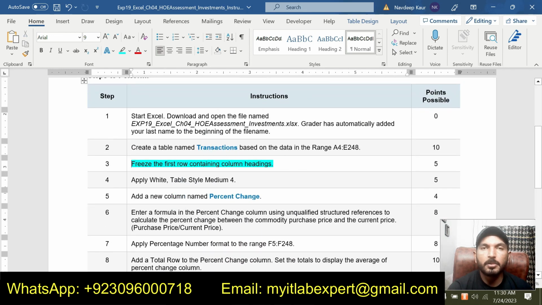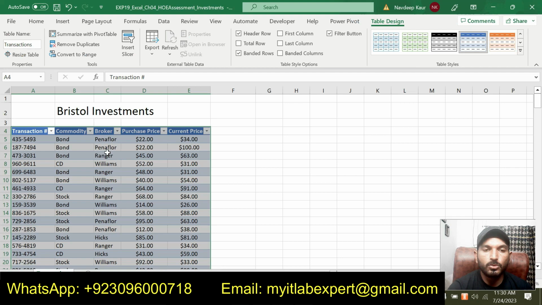Next step is step number 3. It is saying to freeze the first row containing column headings. Now we are supposed to freeze this first row. This is row 4 that has the column headings and we are supposed to freeze this row.